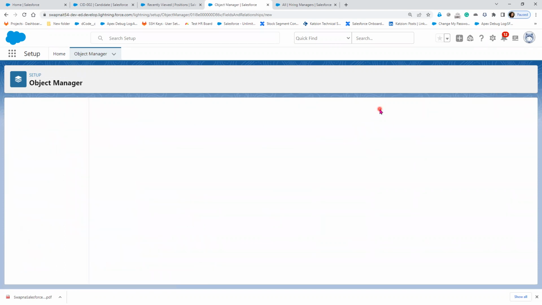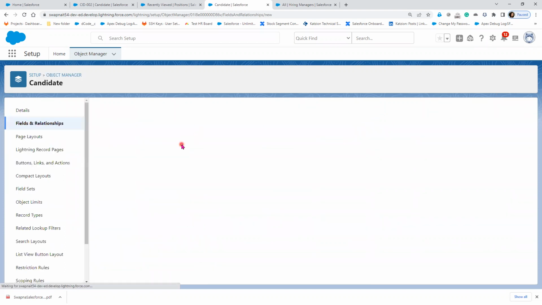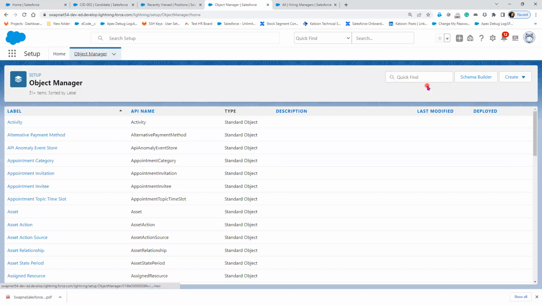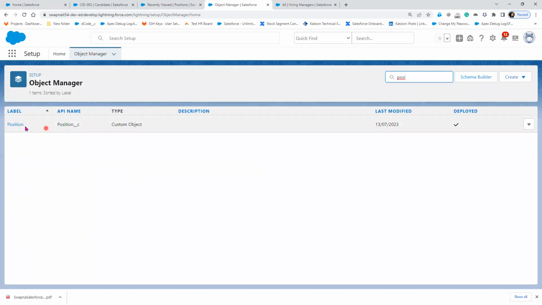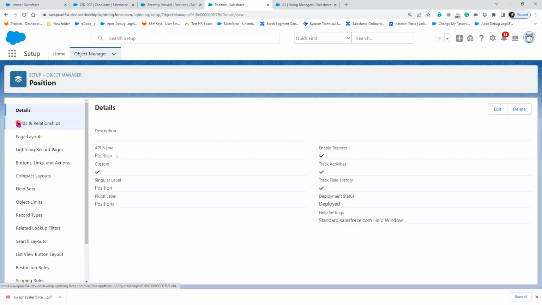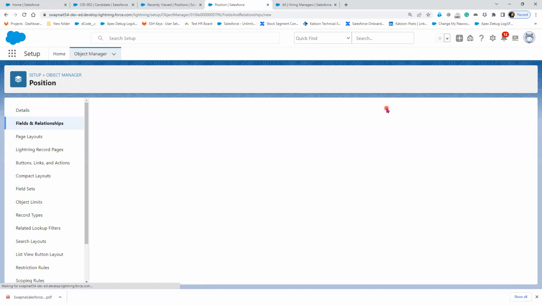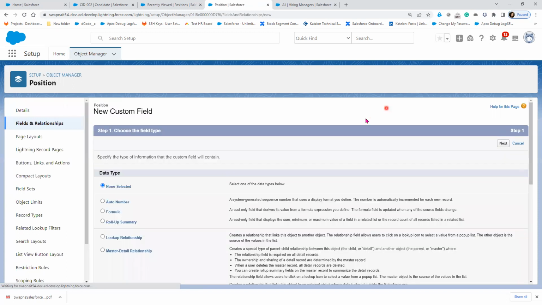Now, if you click on the new button, we can see the roll-up summary field, which we can implement on the master detail relationship, not on the child object but on the parent object. If you go to the parent object, position, and click on the new button, we can see that the roll-up summary field is